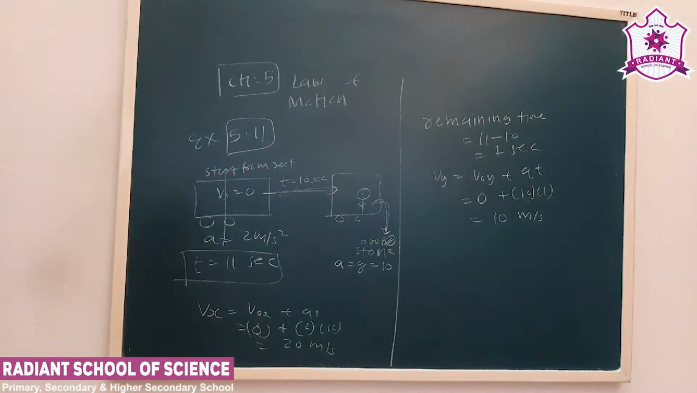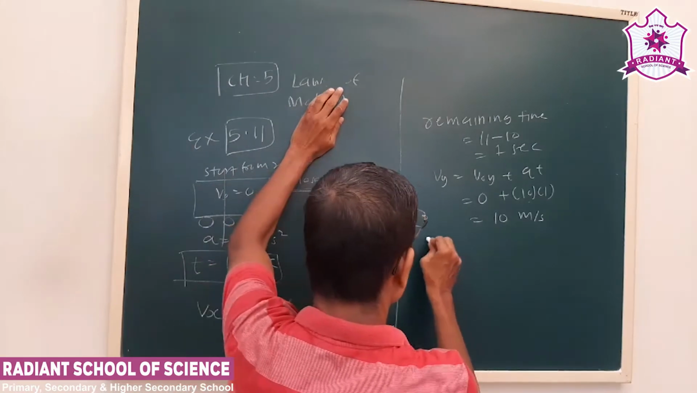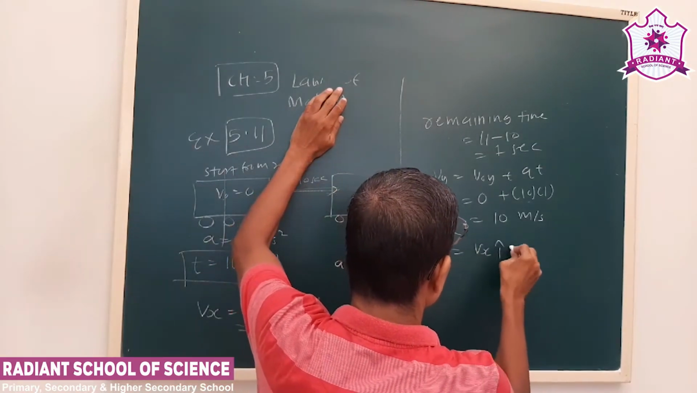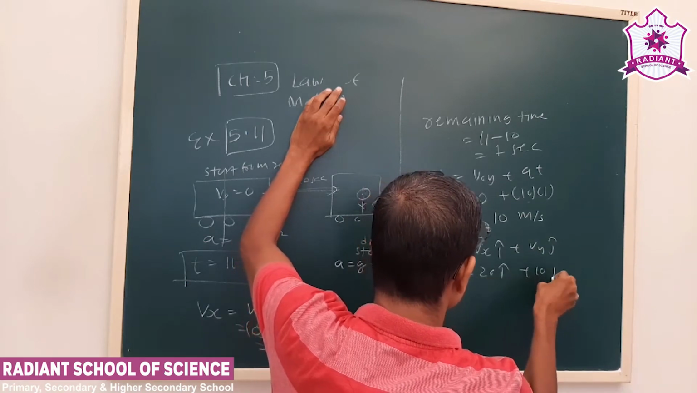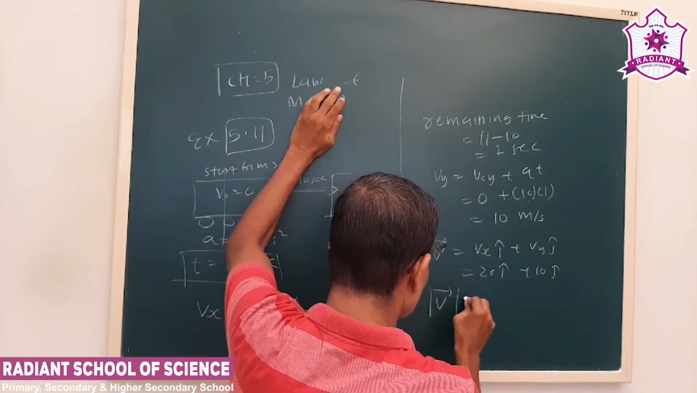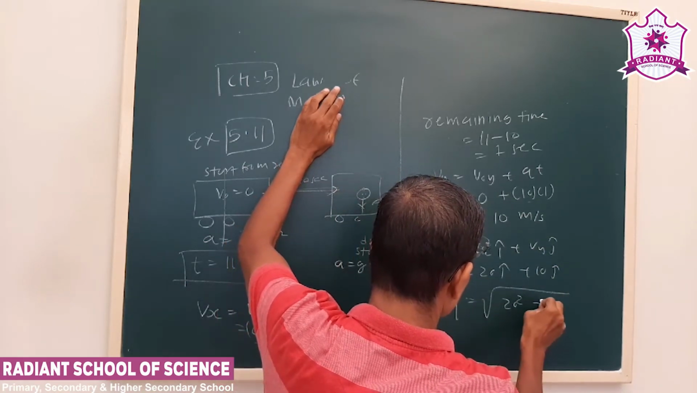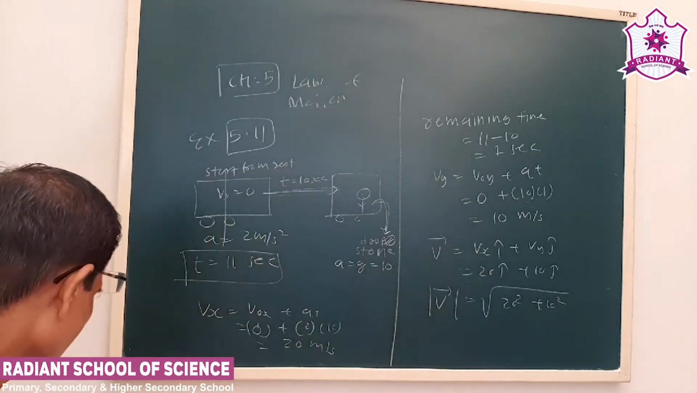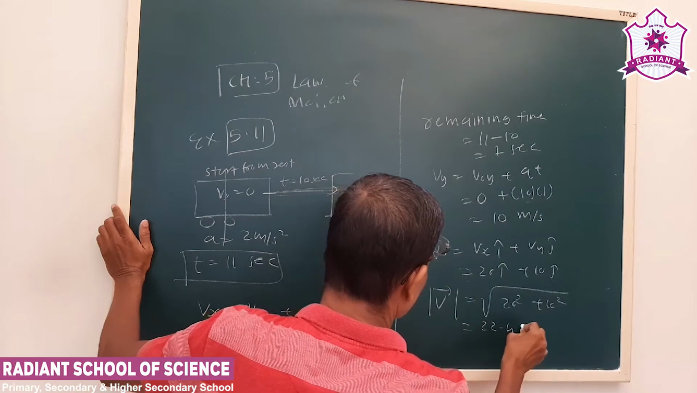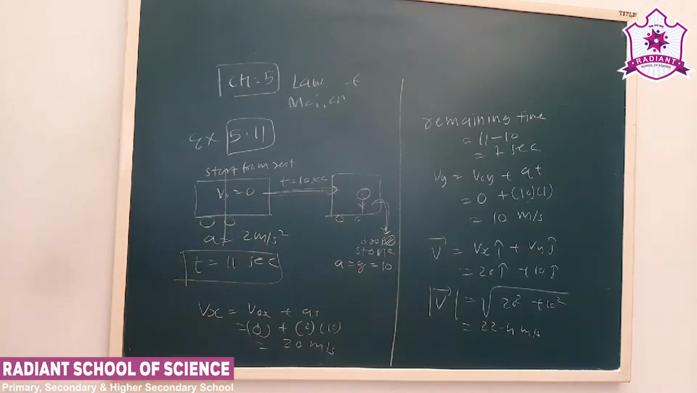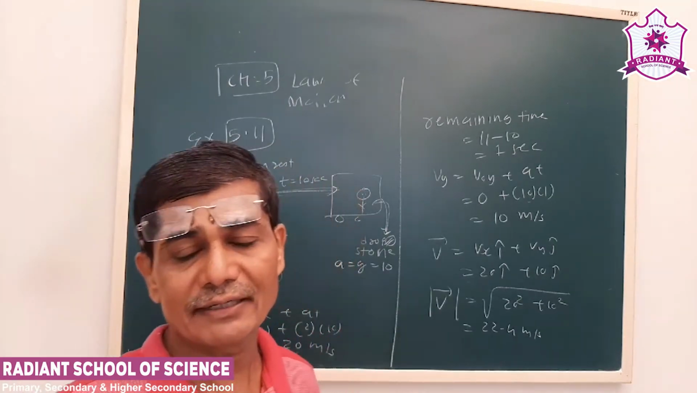Now see, velocity is a vector quantity. It will have components vx i plus vy j, that is 20i plus 10j. The magnitude of the velocity is the square root of 20 squared plus 10 squared, which you can solve as 22.4 meters per second. Now see what is the direction? Because velocity is a vector quantity,